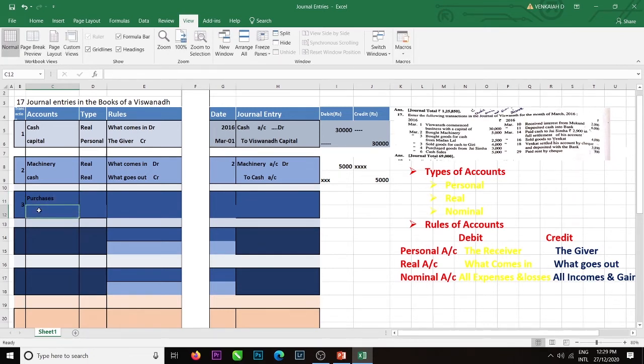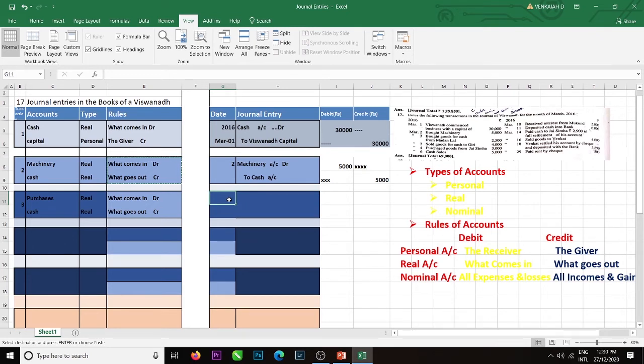Purchases, and the other one is cash. Goods are a real account. Cash is always a real account. When I purchase goods, goods are coming in. That's why I have to apply what comes in will be debit. Cash is going out. What goes out, credit. Then the entry will be